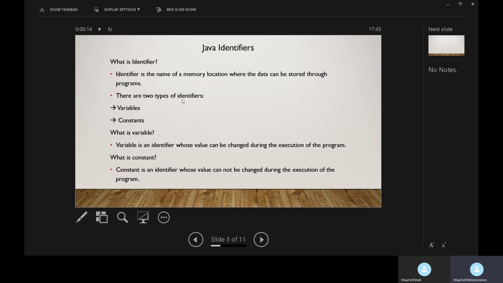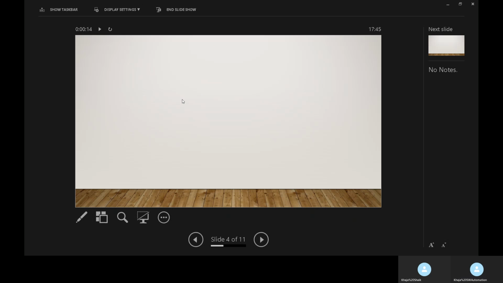Let me clarify these three terminologies: identifier, variable, and constant. Let us suppose I am taking the computer memory like this. Let us assume this is the computer memory.